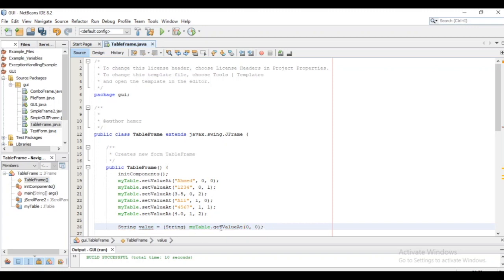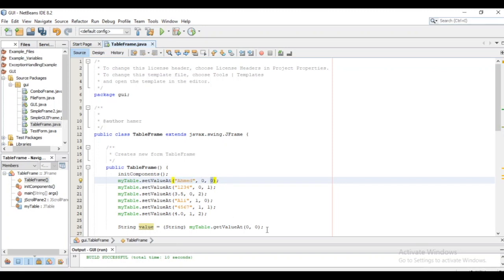So here I'm inquiring about the value that is located in 0 and 0, and I expect it to be a string. So this value will come back as Ahmed because the string Ahmed was stored at